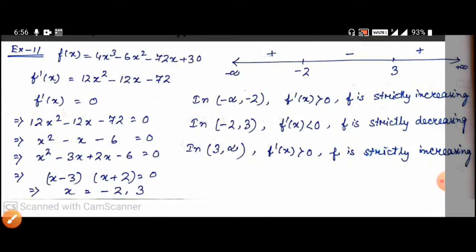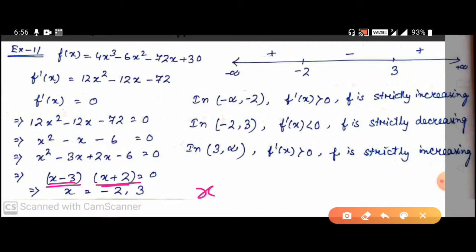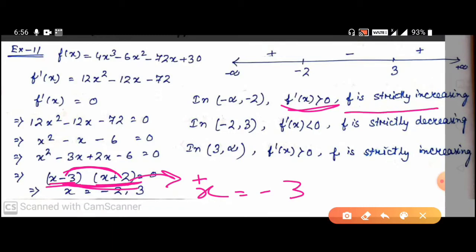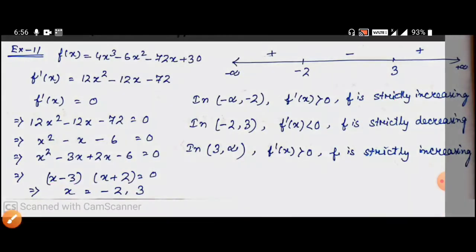Since this part is negative and this part is also negative because of x equal to minus 3, if we multiply these two, the whole will become positive. That is why f dash x is greater than 0, so f is strictly increasing. Since it is strictly increasing, it is only greater than, not greater than or equal to, and here it is the open interval because of strictly increasing. Now